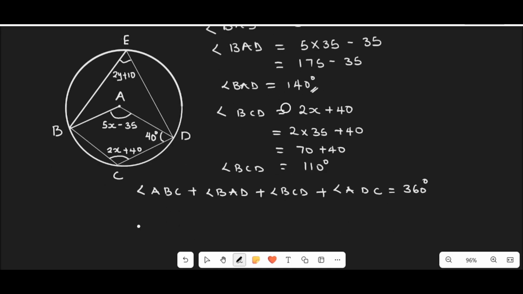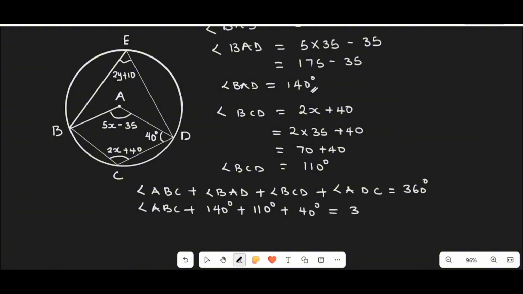So let us substitute the values of angle BAD, angle BCD and angle ADC into this equation. Angle ABC plus angle BAD 140 degrees plus 110 degrees plus angle ADC 40 degrees